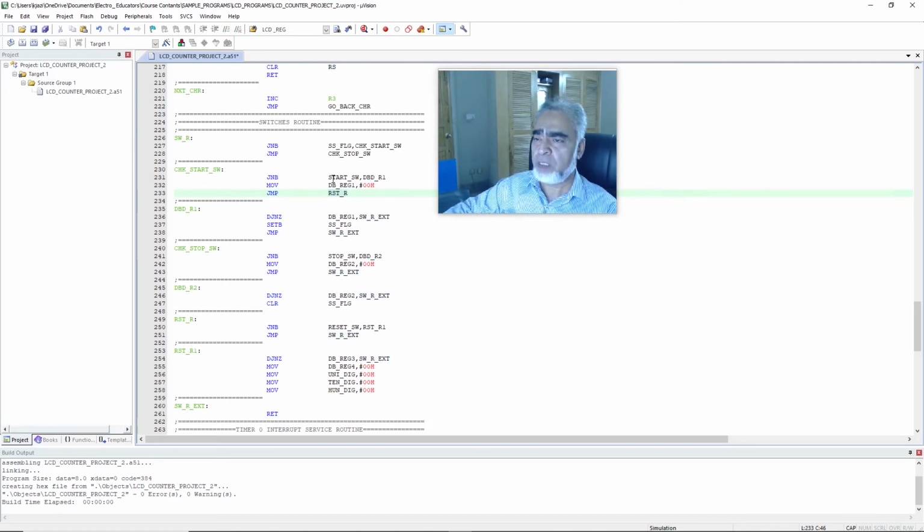It means that if the status of the start stop flag is 0, then our program will jump to the label that is check start switch, and here our program will come to this label, check start switch, and will check if the start switch is pressed or not. If the start switch is pressed, then our program will jump to the label that is dbdr1. But if the start switch is not pressed, then our program will come to the next line, and after moving the value 00h to the debouncing delay register 1, it will jump to the reset routine,